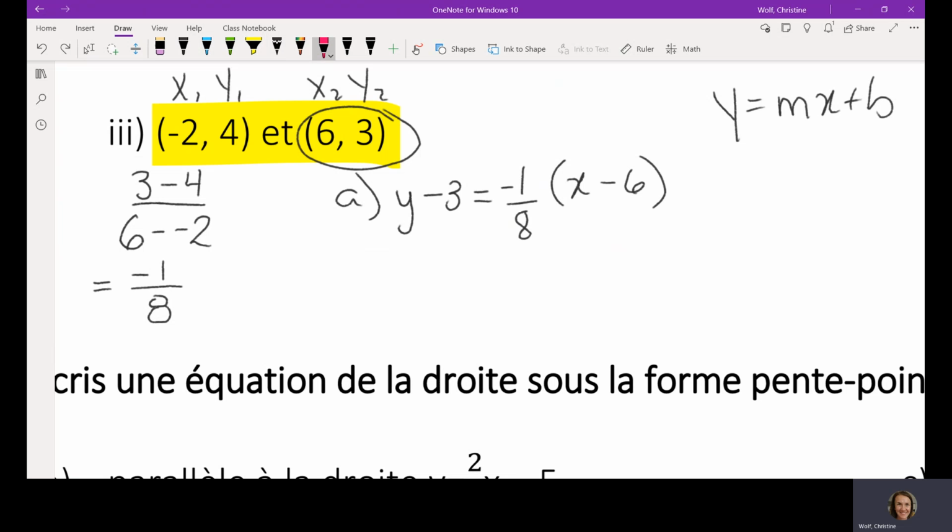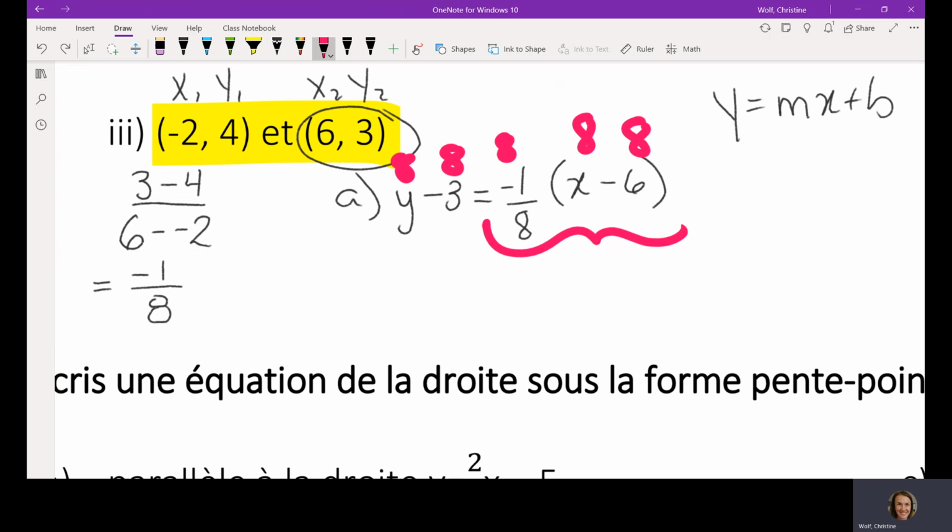Pour faire ceci, je vais éliminer le 8 en bas. Gross. I don't want fractions. Fractions are awful. So, pour éliminer une fraction de 8, je multiplie ça par 8, mais ce que je fais à un terme, je fais à chaque terme. So I multiply everything by 8, the y by 8, the 3 by 8, and then the whole right side by 8. I do not also multiply those by 8, you guys, because this is all one big fat term